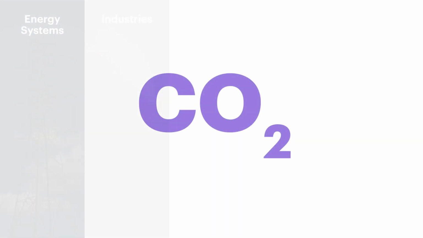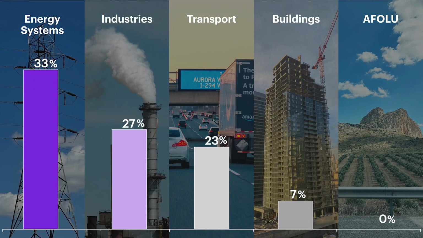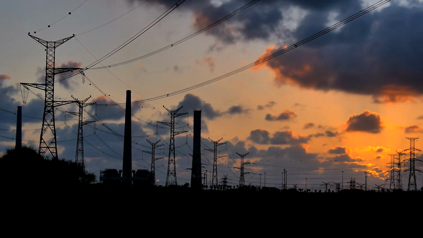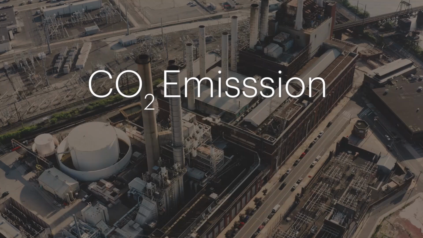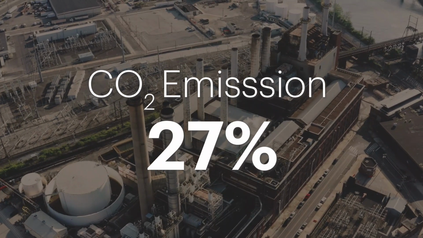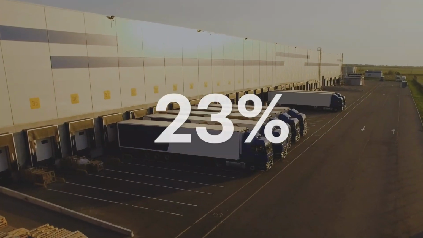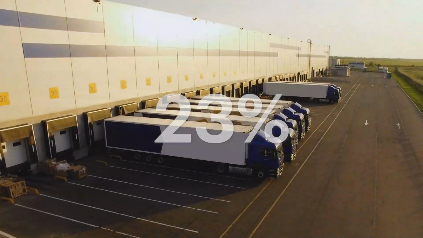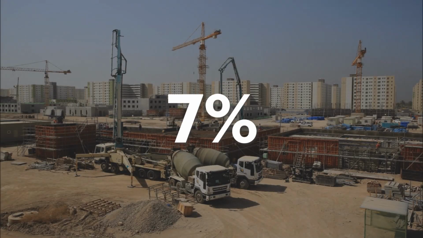When looking at CO2 emissions, energy systems are responsible for 33% of these, mainly emitted by electricity and heat production. In other segments, we see how some industrial processes also participate with CO2 emissions. About 27% of the global CO2 is coming from metals, chemicals, and other processes. Transport emits 23% of the CO2 emissions, primarily from road transportation, while buildings produce about 7% of emissions, mostly because